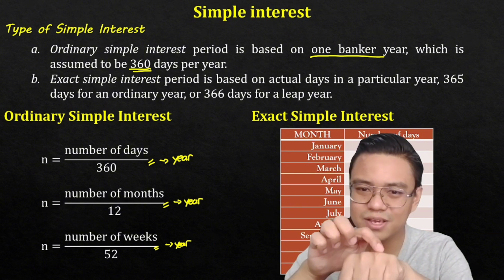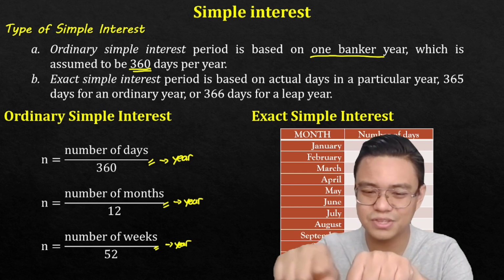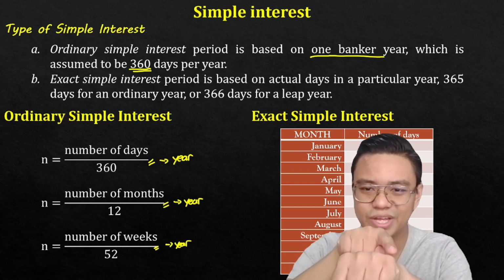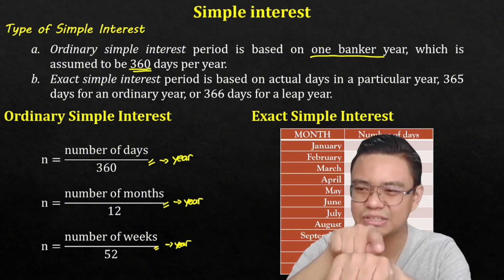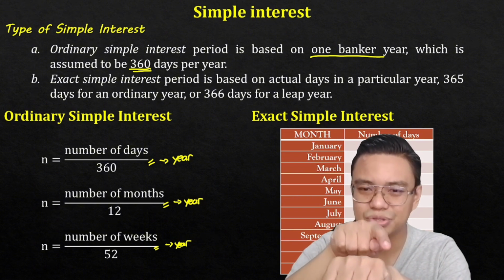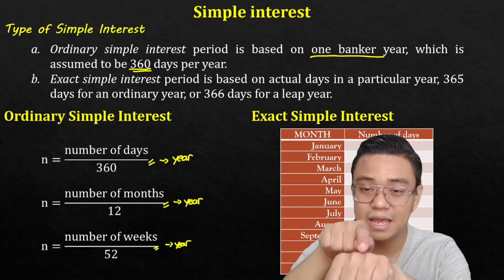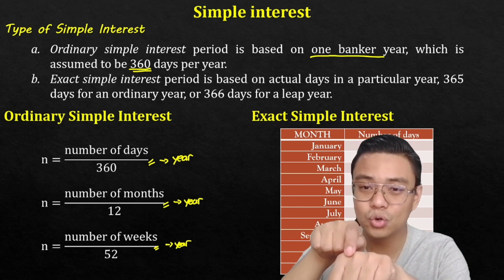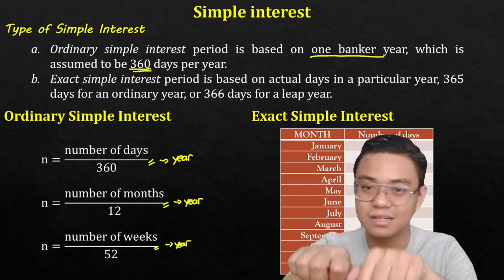Now, the knuckles here represent the 31 days. Okay, ganun po yung pag-consider natin. So you start here with January. Dito naman, February, meaning to say less than 30 siya, less than 31. So, January, February, March, April, May, June, July, and then you go to the next knuckle or to the next